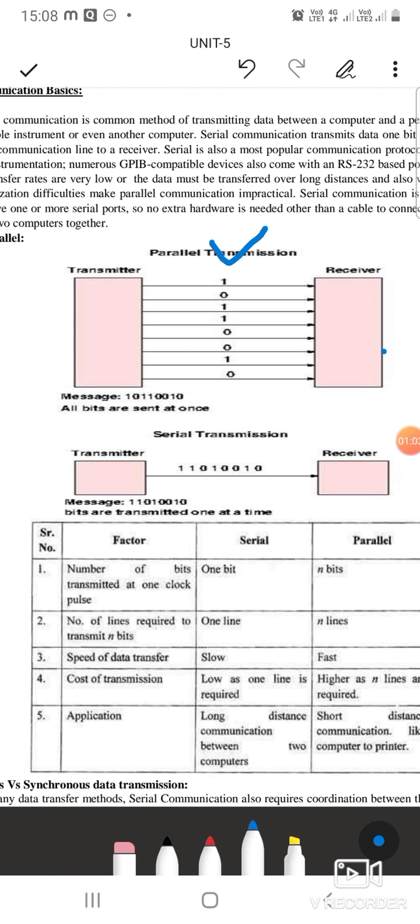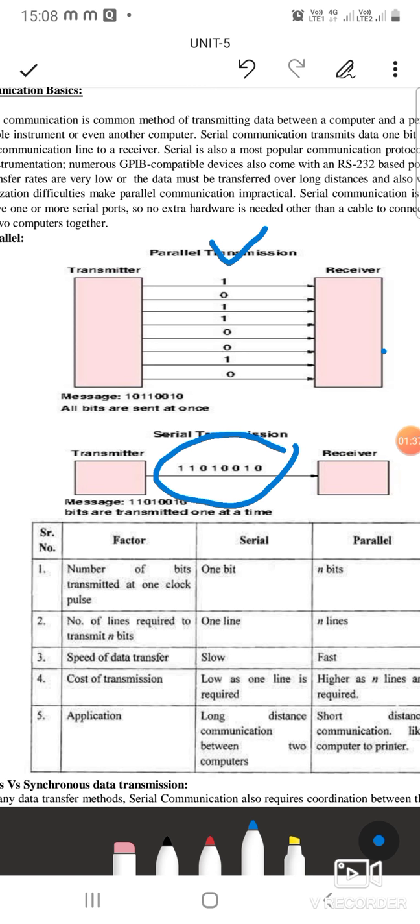So there comes into the picture the serial communication. It uses only one line of transmission, so you'll have only one communication line to transmit the data. The data is sent serially here, bit by bit. You transmit the data one bit after another, so the data is transferred bit by bit from the transmitter to the receiver, and here the cost is less compared to parallel communication. Parallel communication is preferred for short distance communications, whereas serial communication is preferred for longer distance communications.